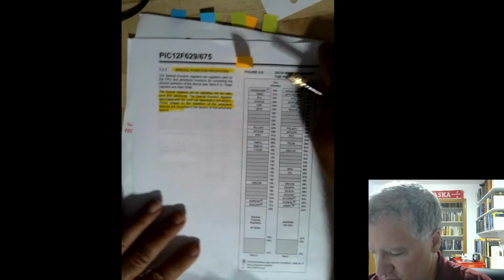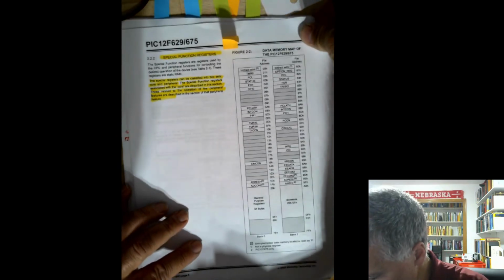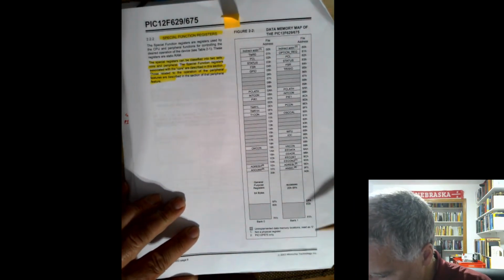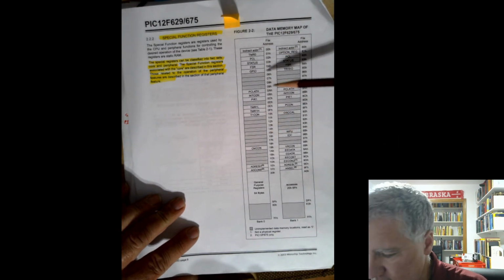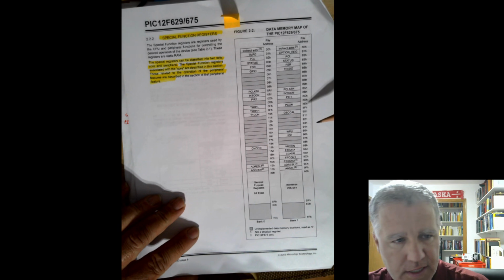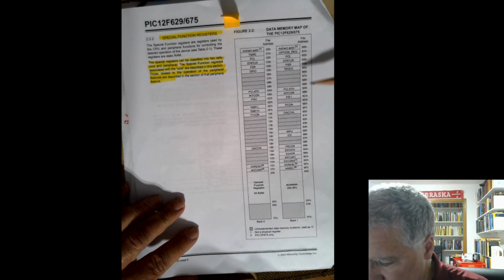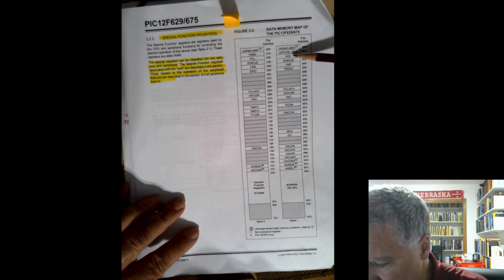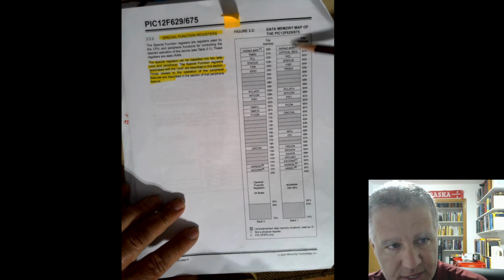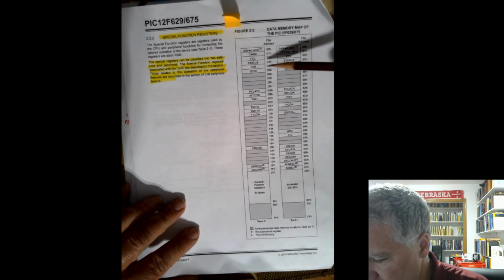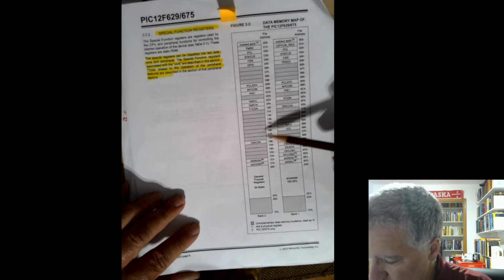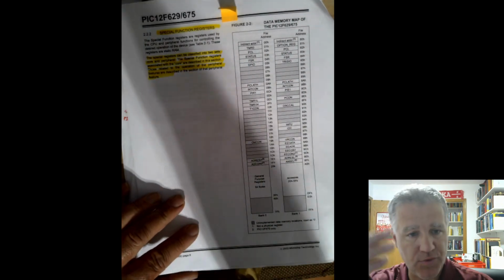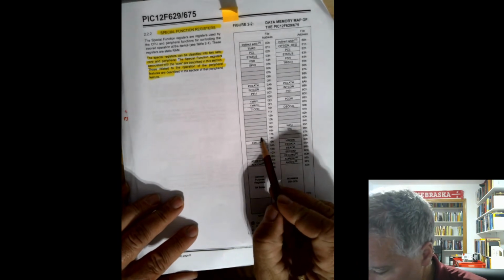Let's look at the memory structure of these registers. So there's 2 banks, and there are important registers on each bank. For example, the program counter is on bank 1, that's over here. This is bank 0. Status counter is in bank 0, GPIO in bank 0. Some of these are in both, so we'll have to do some switching back and forth, and that's done through